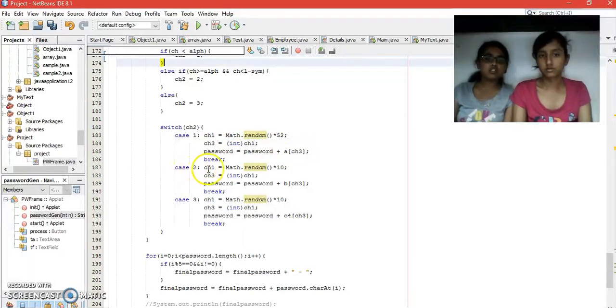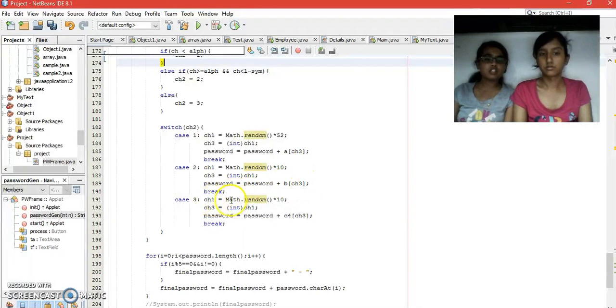In case 2, it is like case 1. Here CH1 is equal to, out of 10 random numbers, we are choosing one number, and that is equal to CH. In CH3 it is converted into integer, and password is equal to password plus the chosen number.